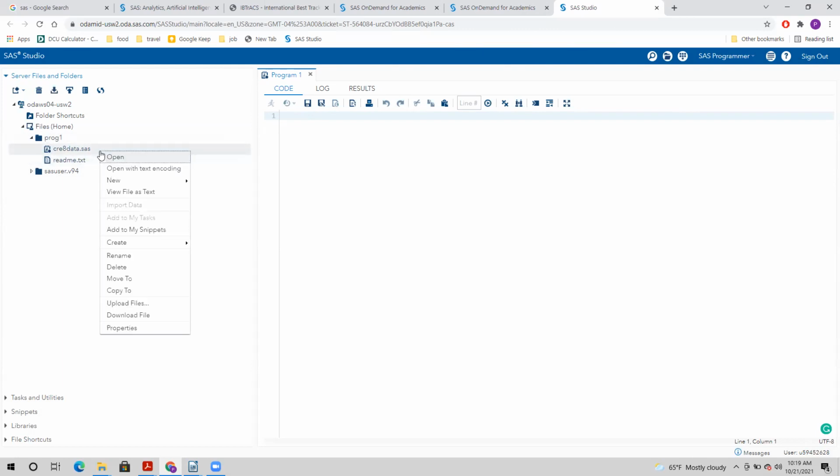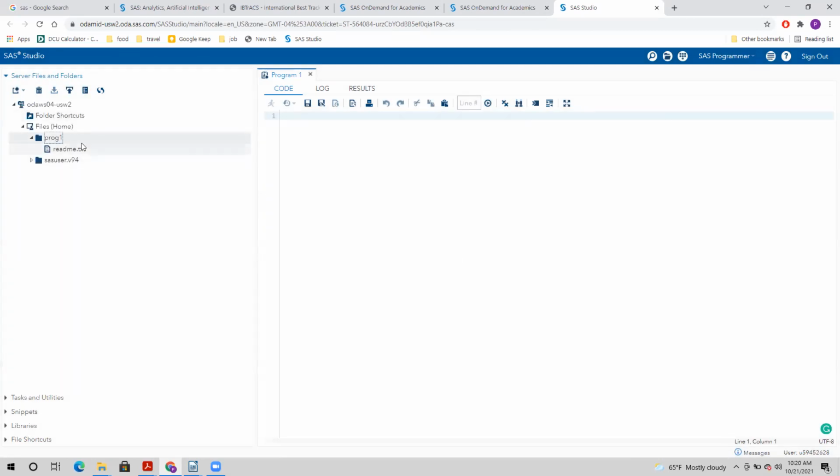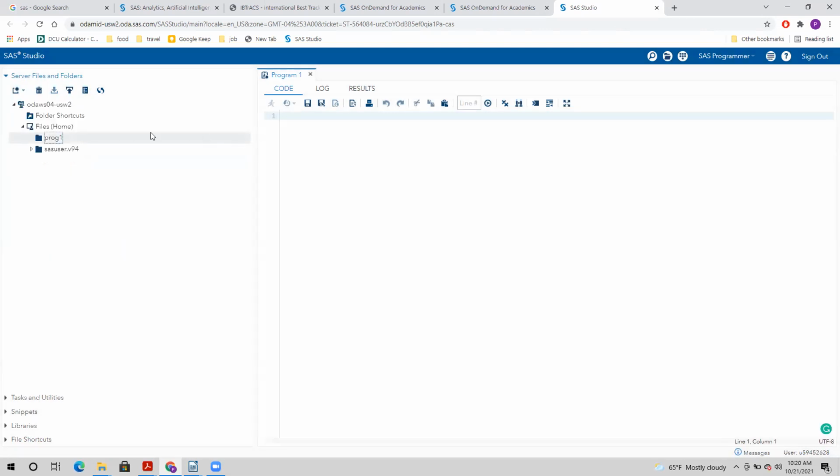See here you have the option delete. All right. Select PG1 folder. You wanted both of them deleted, right? So select this, upload,